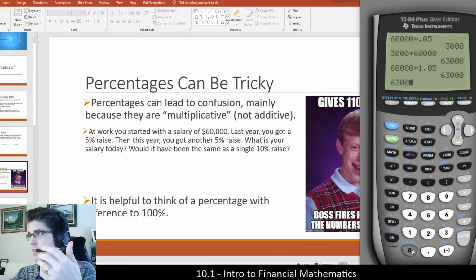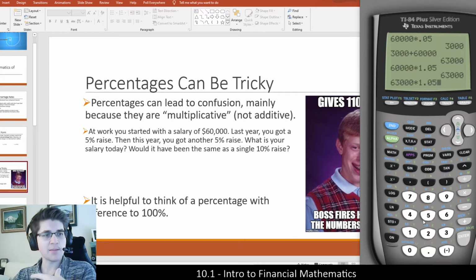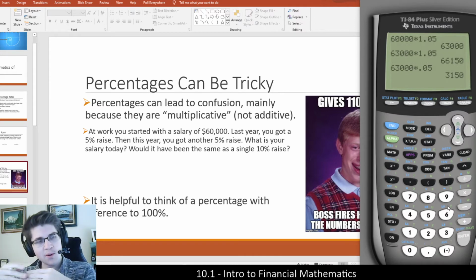So if I take that new salary and now I get another 5% raise, and again, to shortcut this, instead of multiplying by 0.05, I'm going to multiply by 1.05, because that will include the initial salary plus the raise. And this should give me my salary after the second raise. And notice that the second raise, if I had done it only by 0.05, would be $3,150. So I can see that my second raise was actually a little bit more,